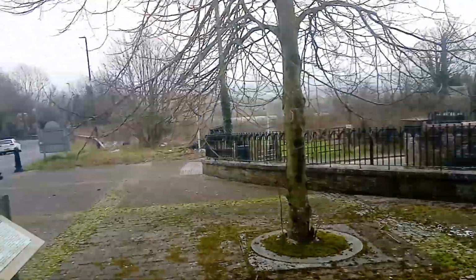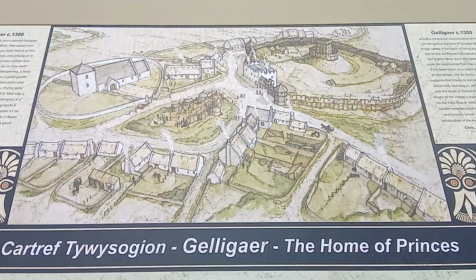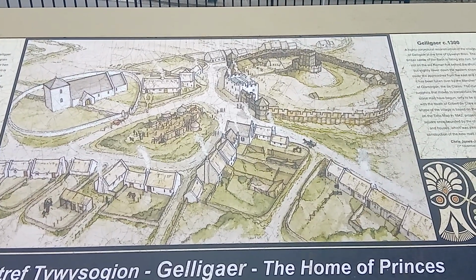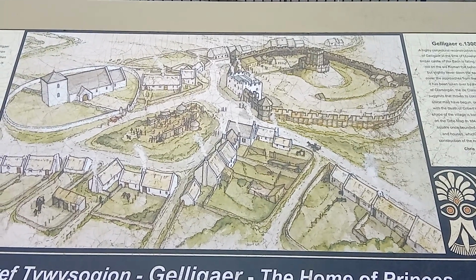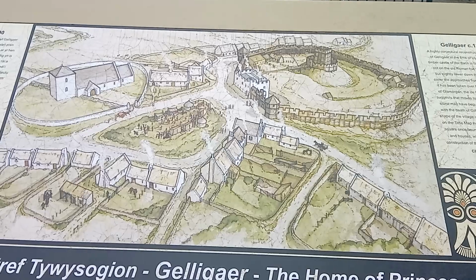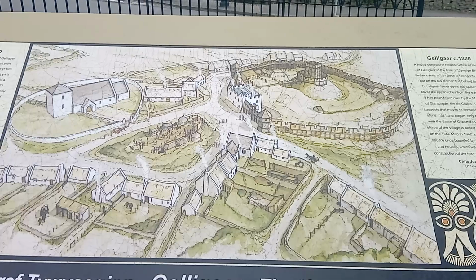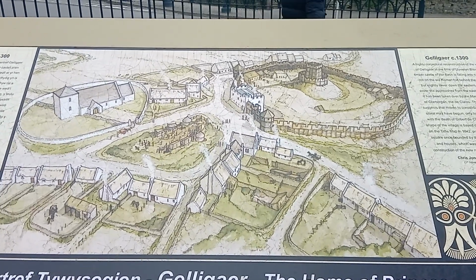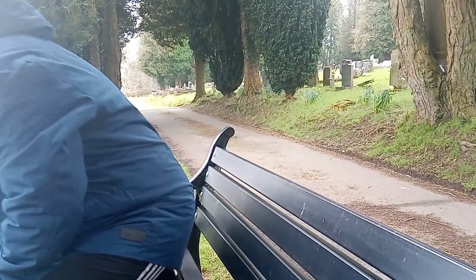I couldn't find the Roman training camps, so I thought I'd come to the actual fort itself. So this is it. This is what Gelligaer would have looked like in the 1300s. A highly conjectural reconstruction of the village of Gelligaer at the time of Rhymney, the timber castle of Iverbach. So Gelligaer then is